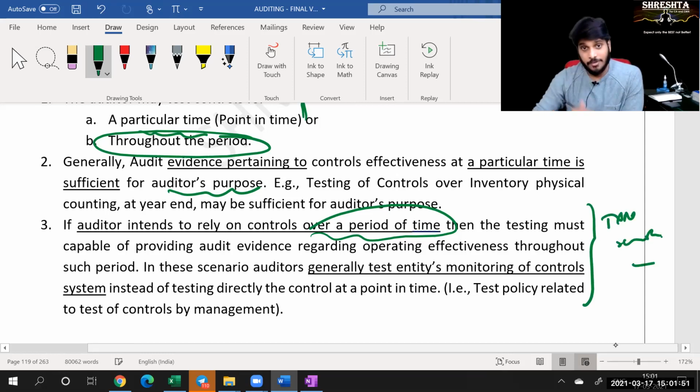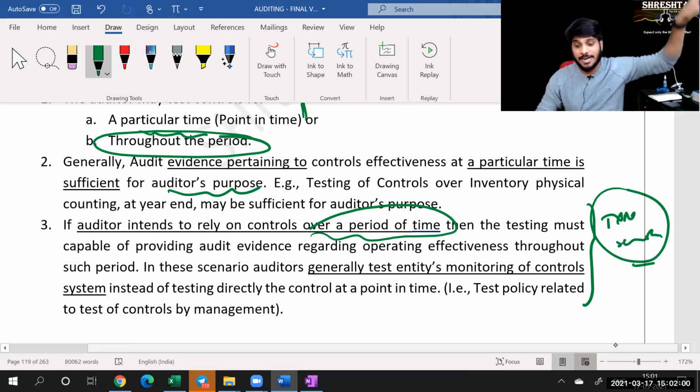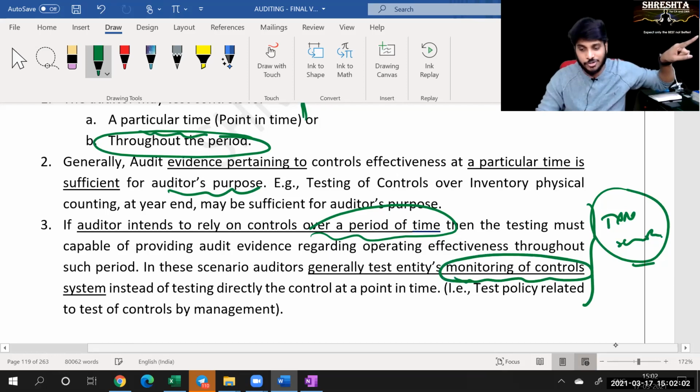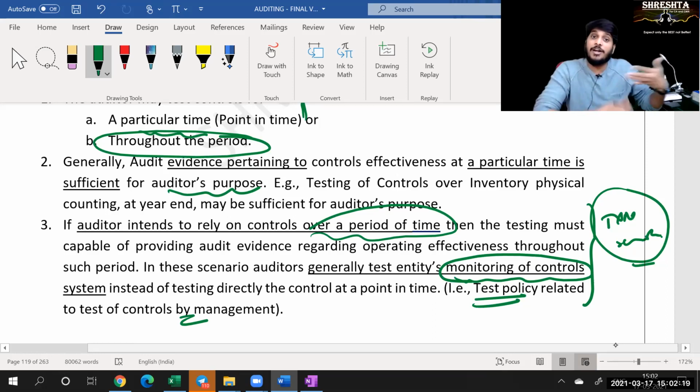And not only that, when I want to know whether controls are effective throughout the year under audit, I not only look at the samples, I also look at the organization as a whole, environment related controls, and monitoring controls. What is the organization's testing policy? How does the organization implement and design this control, on what basis? Are they reviewing the control again and again? Are they finding any loopholes? If any loophole is identified, how is the organization responding to these loopholes? I look at monitoring control.